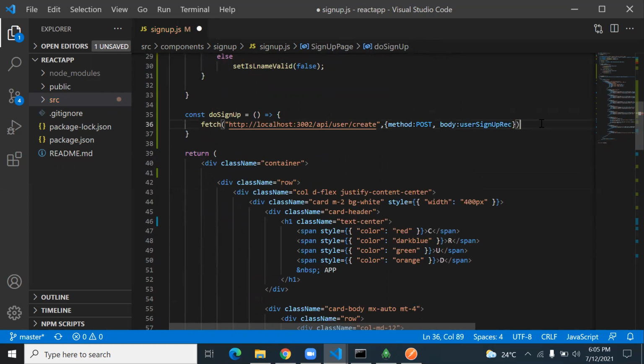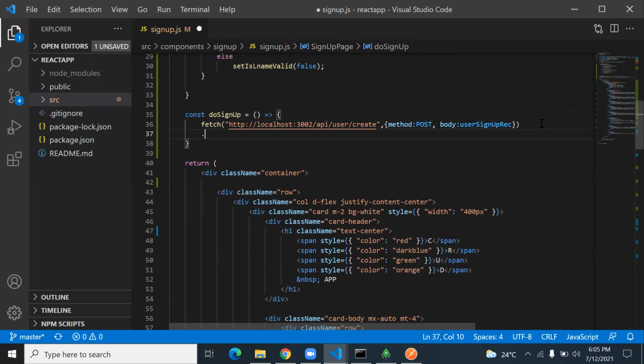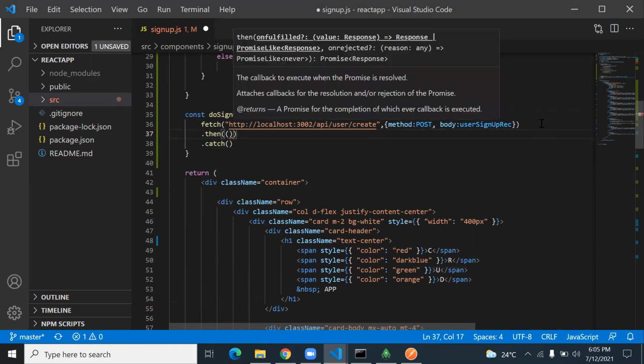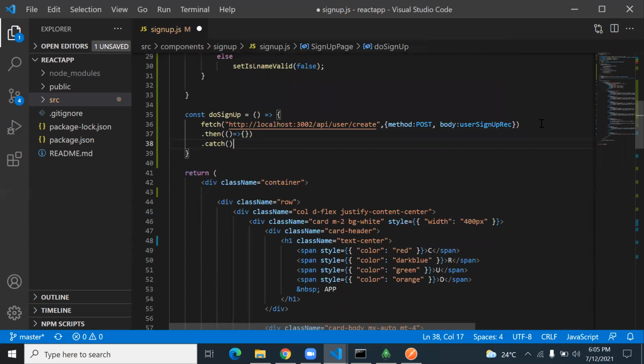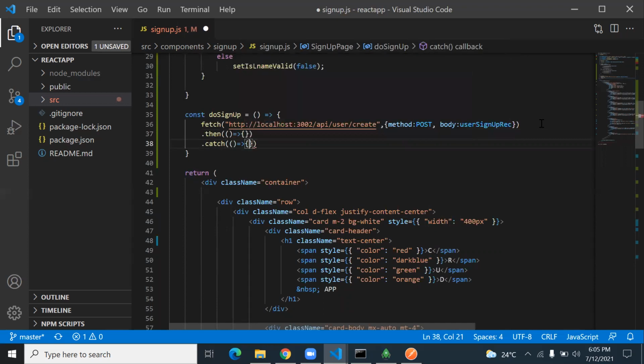Send this to the backend API, and this will return you a promise object. So what you can write is .then and .catch. Now in the backend we studied these points. So in the then you write another callback function, as well as in the catch you add a callback function. So here I receive the response, and here I receive any error.